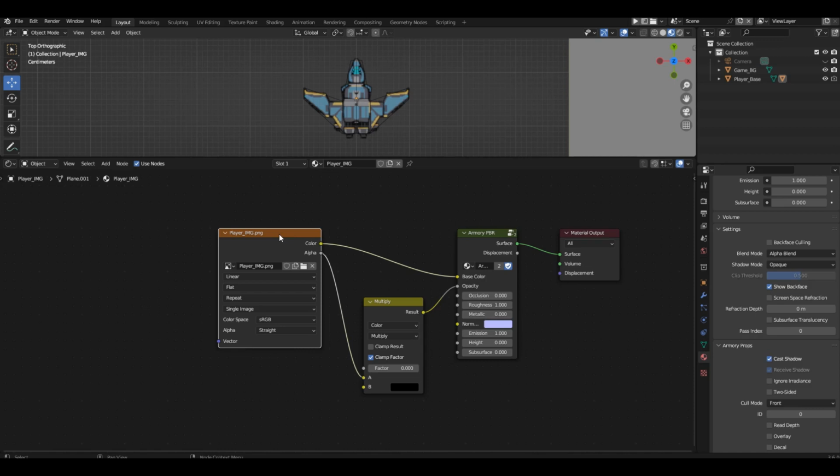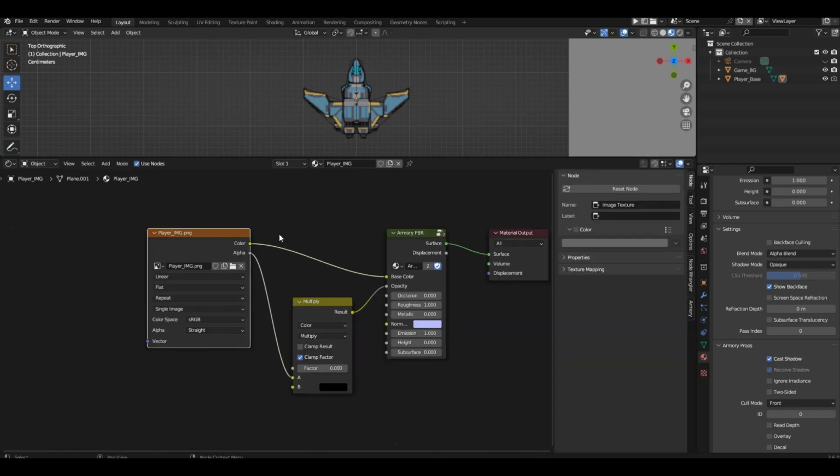Unfortunately, not all blocks can be controlled using nodes. For example, if we select the texture block and open the right panel, not the right panel in the viewport, but the right panel in the shader editor. By the way, it also opens with the N key. Just make sure the mouse cursor is in the shader editor window.